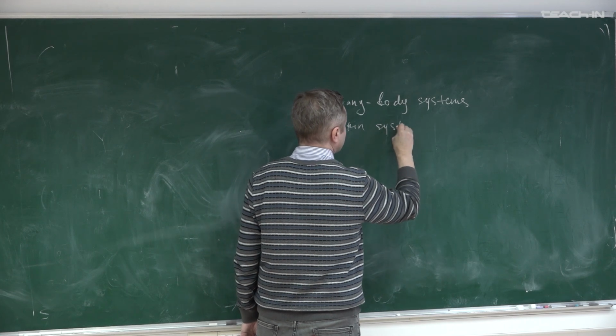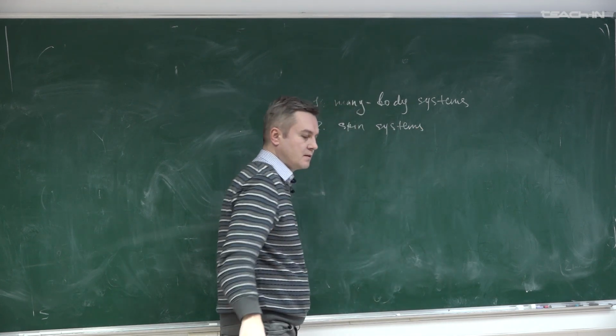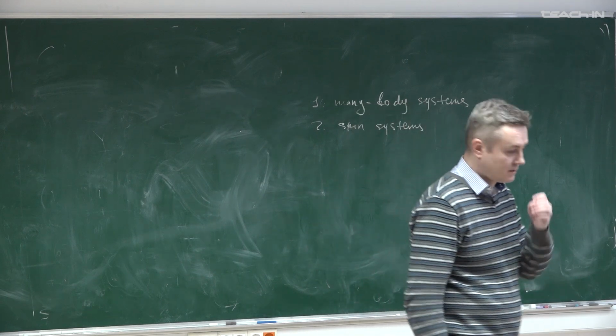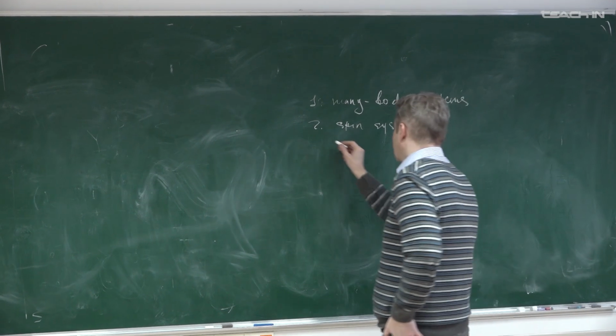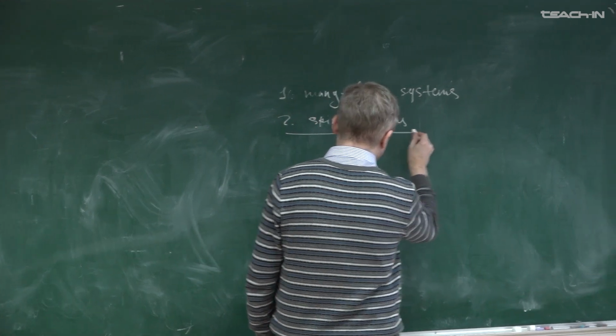Spin systems, I mean some spin chains, Gaudin models, and so on. We begin with this type of models